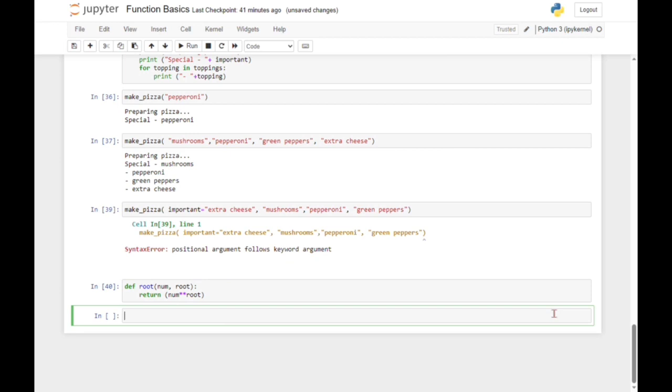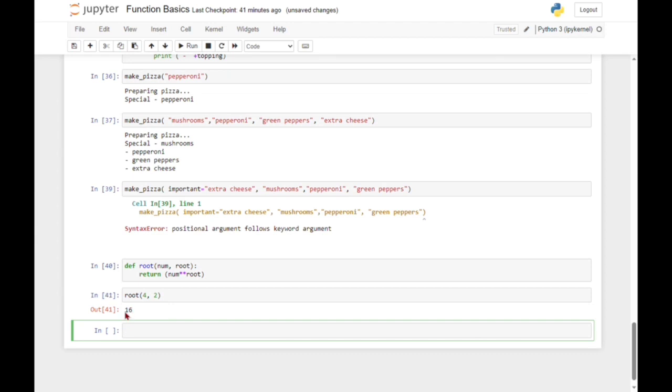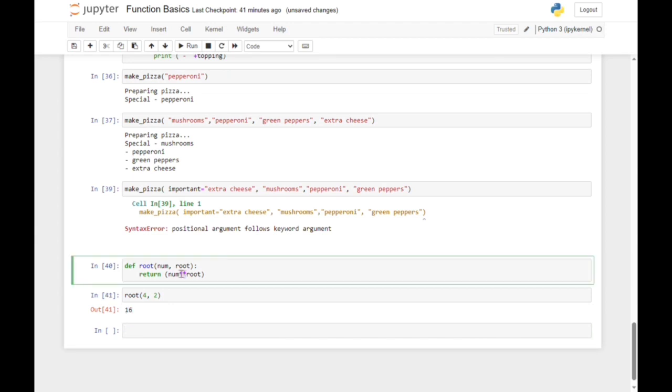If we say the square root of 4, and because of the square root we have to put in 2, we get 16. Raised to power, that was a mistake. I'm going to use the exponent: raised to power 1 over, sorry,